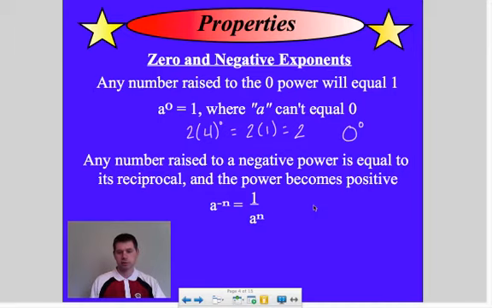So for example, if I had 2 to the negative second, it will become 1 over 2 squared, which then simplifies down to 1/4. Now if I would have had negative 2 to the second, that's just going to come out as negative 4,